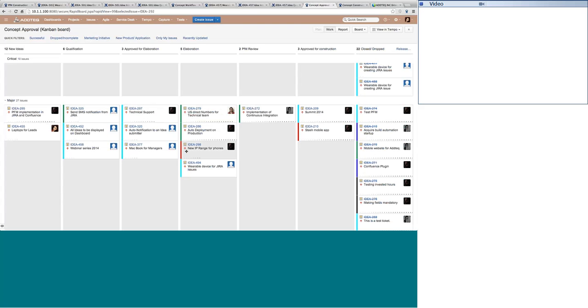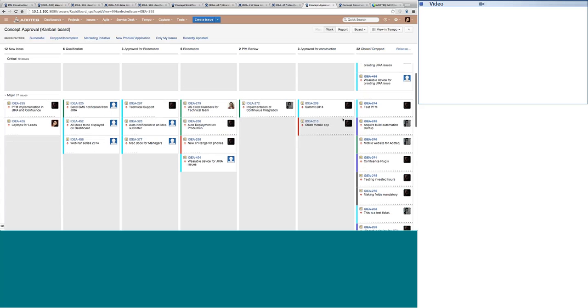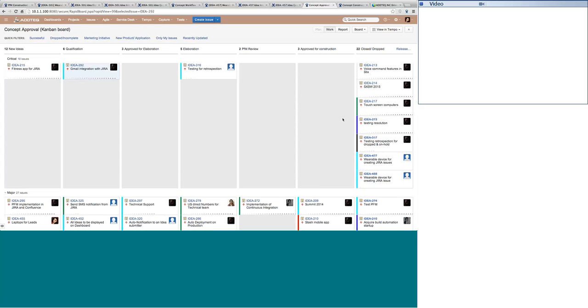So say, for example, the estimated cost for this particular idea was just 50 hours, and then I'm in elaboration, it's not implemented, and I'm already over budget. So this is just an example of how you can have color codes. Or maybe if you want to see how your closed ideas can be categorized. Ideas can get initiated, get qualified, the reviewers can pass them, then they can get implemented successfully and then close. Or, second, at any point of time in the life cycle, they can stop or be incomplete and be closed that way.